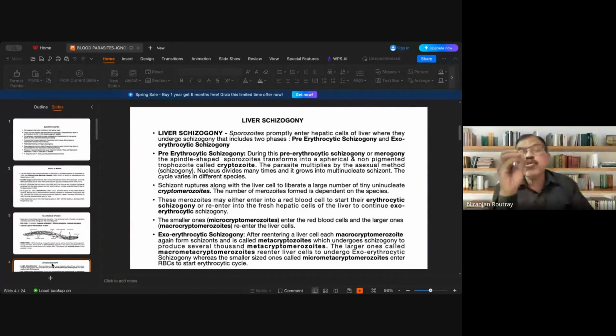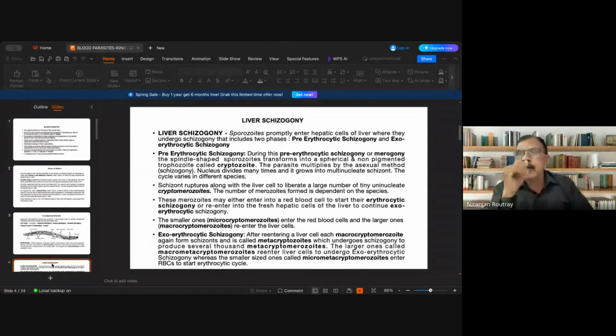Simply add merozoite to the crypto. So cryptomerozoites. What are cryptomerozoites? Merozoites are the daughter cells produced from the cryptozoite through merogony or schizogony. And this schizogony is liver schizogony. So these cryptomerozoites are produced and released into the sinuses, into the cavity. And these merozoites have two options. They may enter into the RBC to start the erythrocytic schizogony, or they may reinfect the liver cell to continue